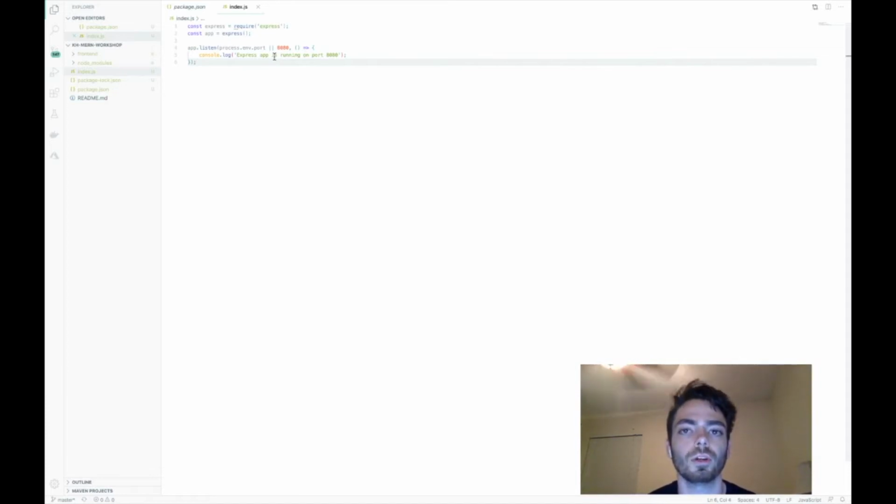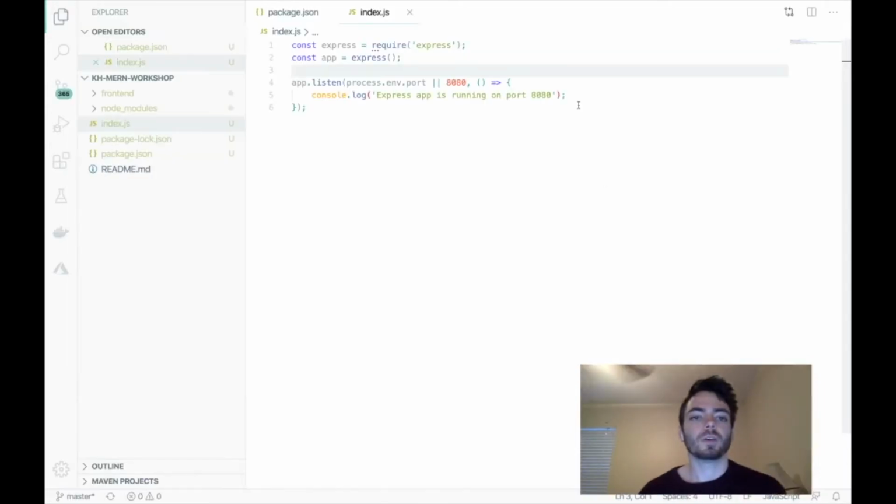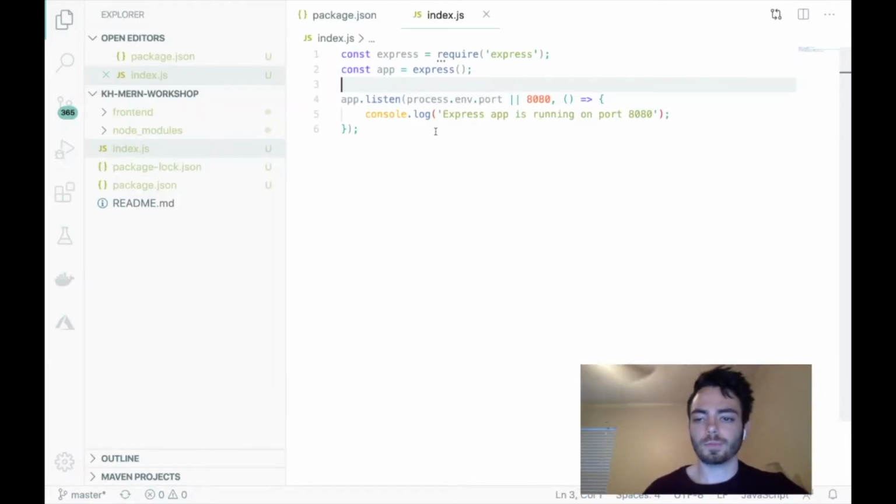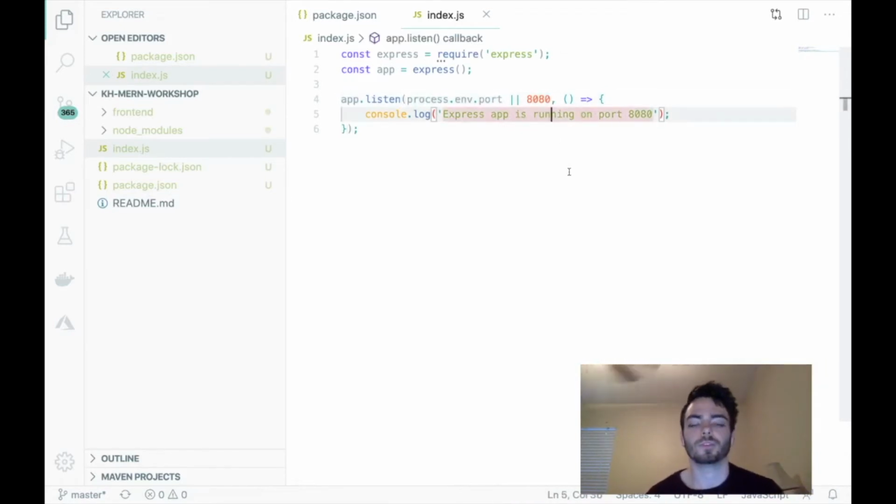So next we're gonna implement some stuff to serve up our front end from this application, and we'll do that in a second. Okay, so I've zoomed in a little bit here, so it's easier to see what we've done so far. We have this app.listen, process.env.PORT or 8080. So that's the Express application running on port 8080 right now, but it doesn't really do anything